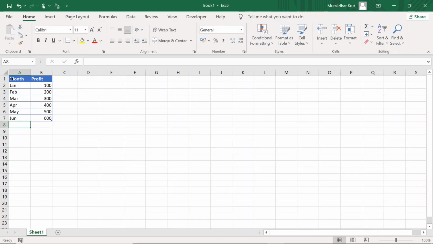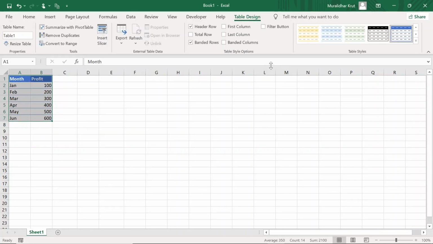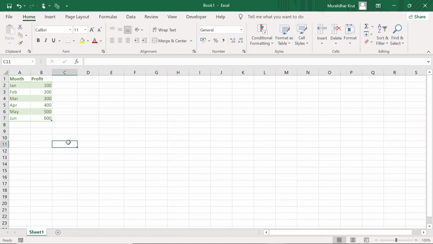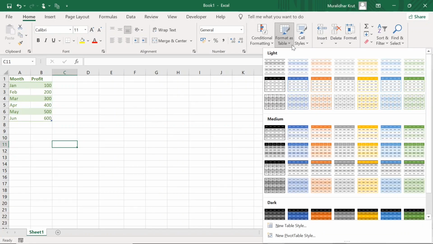If I want to change this to another format, I can select this, then select some other table style. So this is another table style. This is format as table. I can use all these to format the table.